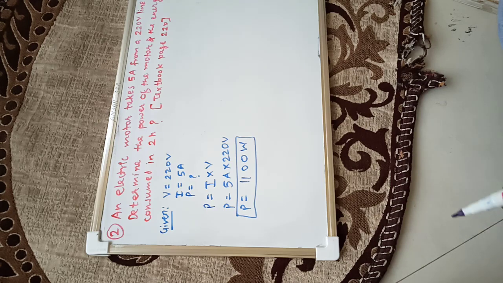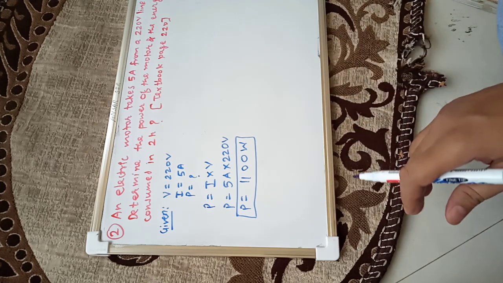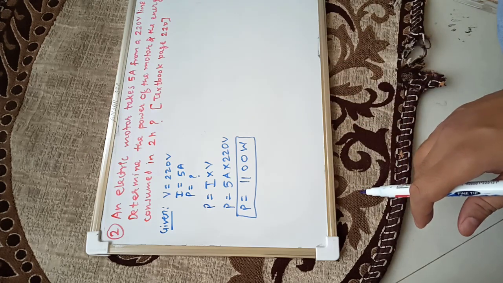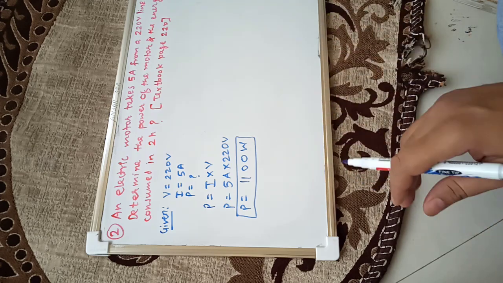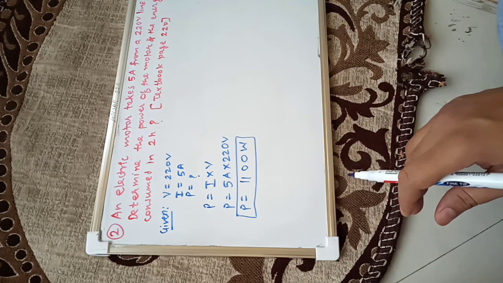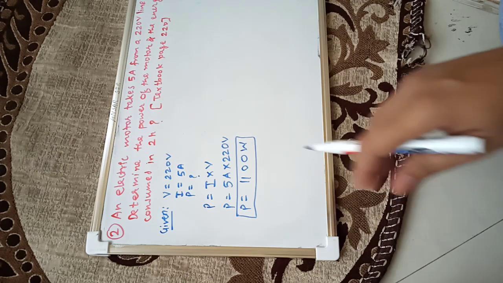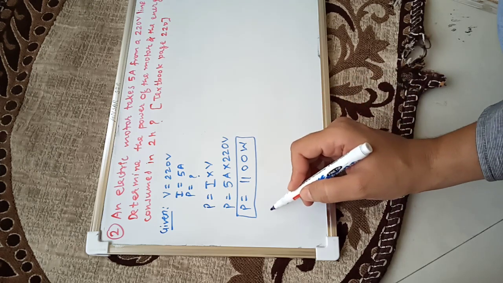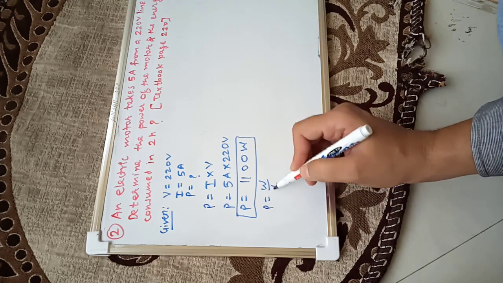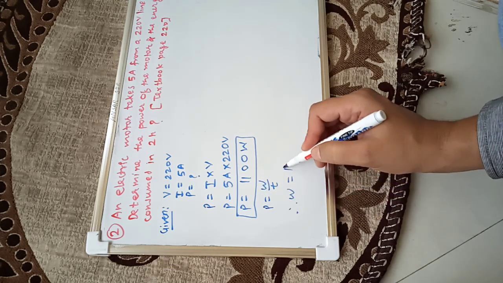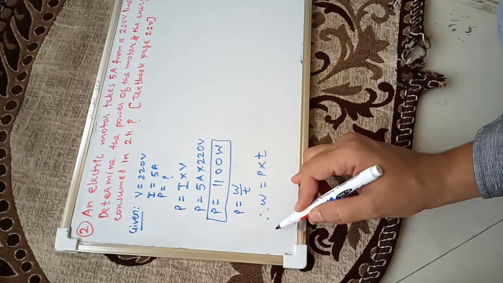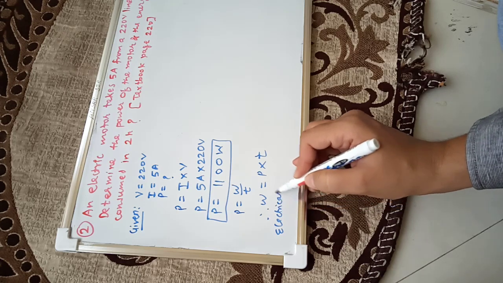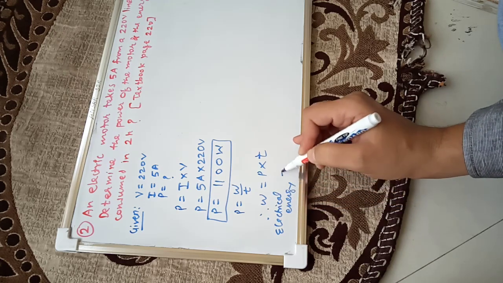Suppose we are using the motor to pull water from underground. We are using a motor pump, or it may be the motor of a cooler also. So we are using the motor for 2 hours. How much power will it consume? So let us see. We know power is equal to work upon time. Therefore work will be P into T, power into time. Instead of work we can write electrical energy, because the SI unit of work is joule. Electrical energy has SI unit joule.